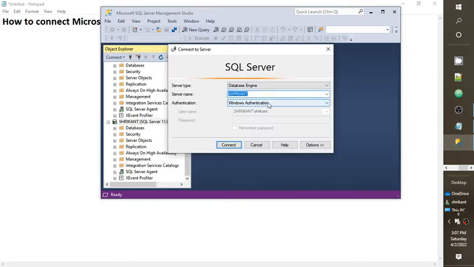Next, authentication. There are multiple types of authentication used to connect to the SQL Server. Right now we have used Windows authentication. It worked because the SQL Server is installed on my local machine and I'm accessing the server on the same machine. So I can use Windows authentication. But if I'm going to access the SQL Server from another machine where the SQL Server is not installed, basically a client machine,